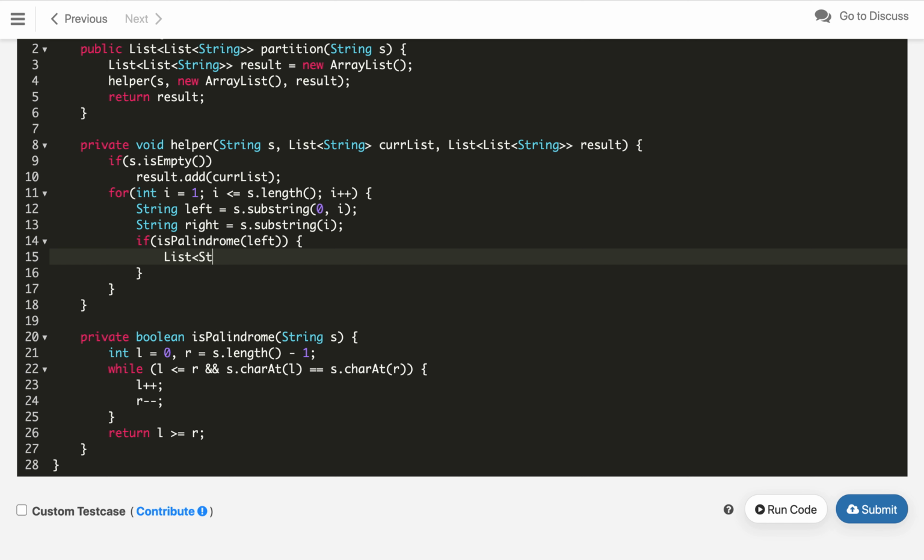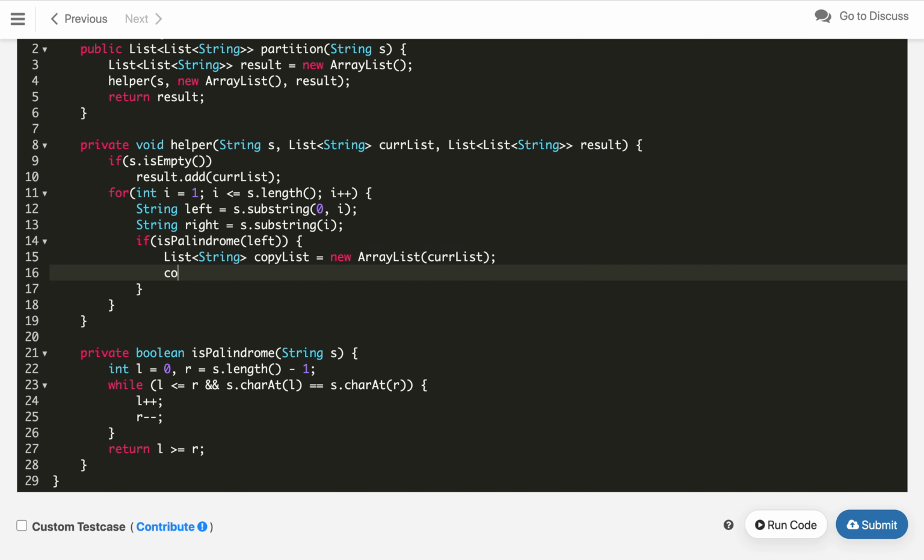So this is the string copy list, which is from our current list, the array list. The reason we are copying this current list is because it is an object and we know only the object reference. If we keep updating the same object reference, this will update the copy in the Java JVM heap memory. So that's the reason we need to clone it.